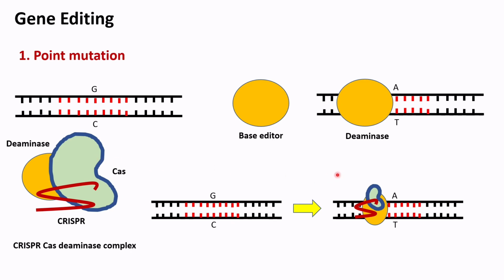One more thing to remember. Here, you don't want Cas to perform DNA degradation. You are using it just as an adapter. Therefore, you need to deactivate its domain that is used to cut the DNA. So ultimately, you are using a deactivated Cas along with base editor that are attached with CRISPR RNA.